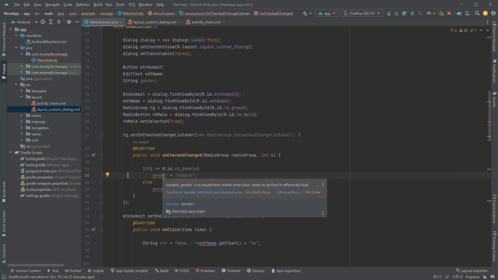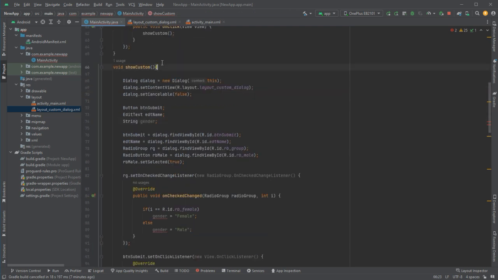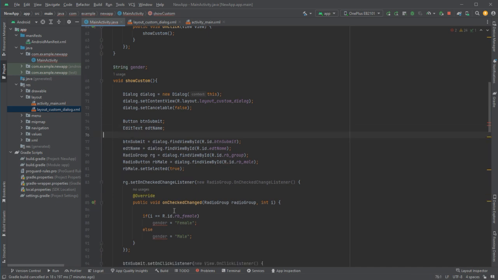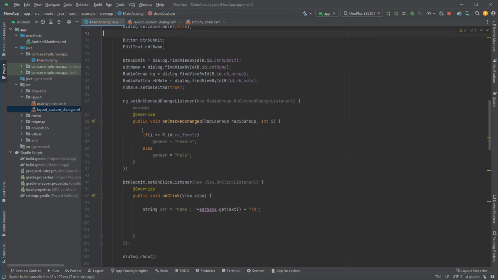Okay, so this is how we do a selection of this, and there is one error here. Variable gender is accessed from within an inner class, needs to be final. Okay, so what we need to do here is declare this as a global parameter, which is gender, and the error is gone because we need to create it as final according to the OOPS rule. And here now str equal to str plus I will write gender,